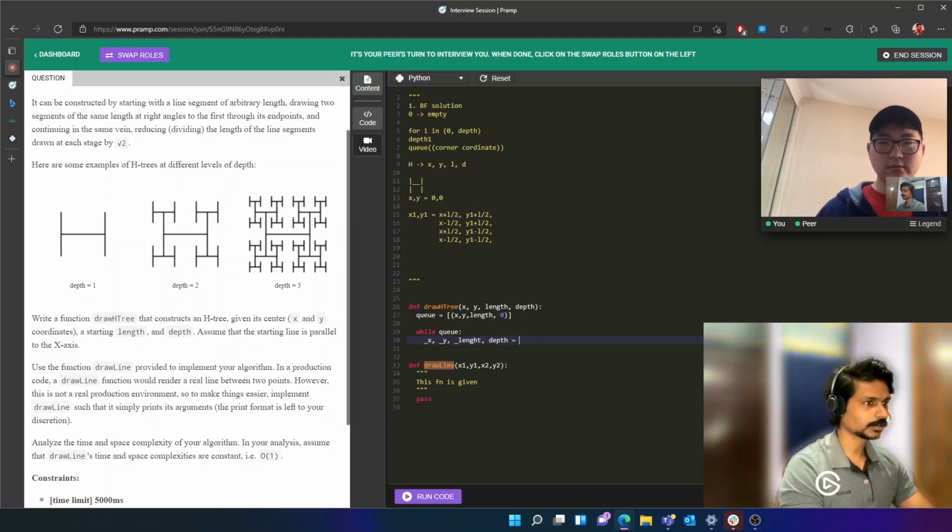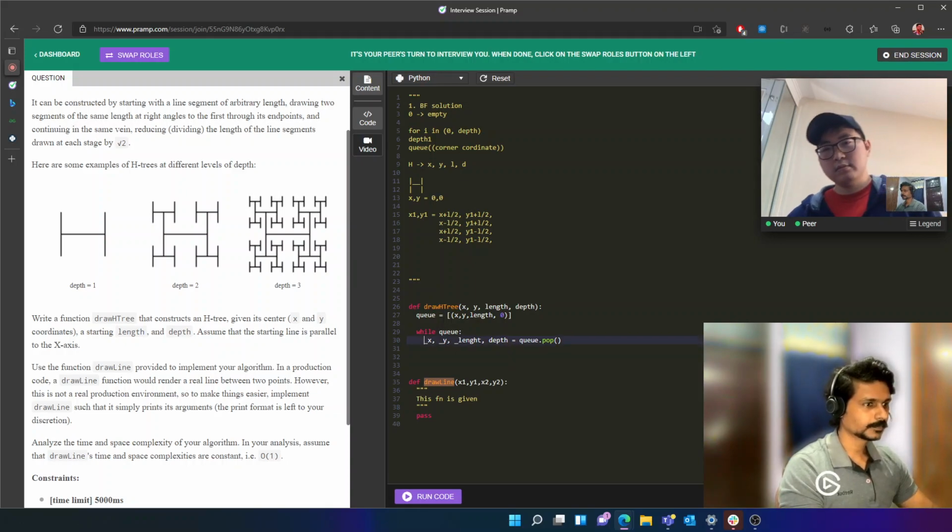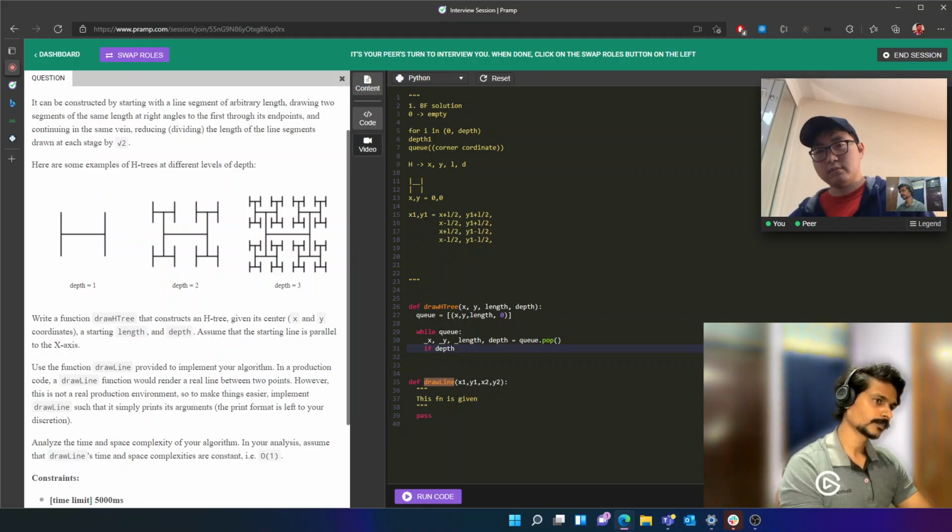So this all will be taken out from here, q dot pop, and then I can check if underscore depth is less than,